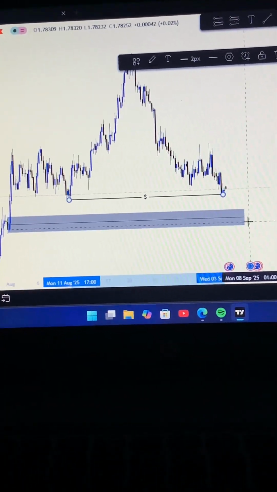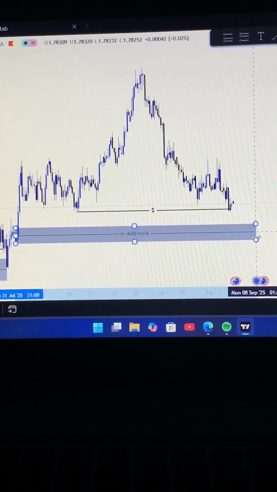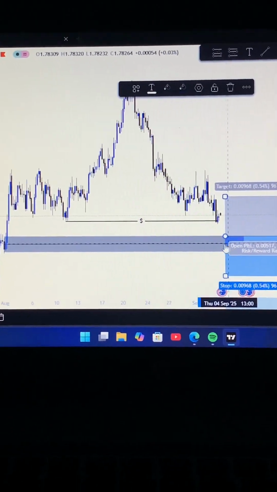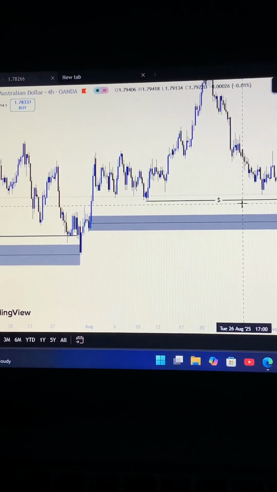So easy. All you have to do is set your buy limit over here, and put your stop loss right below this low,